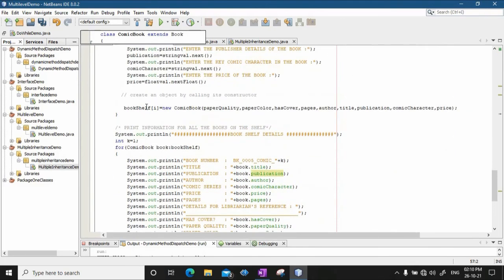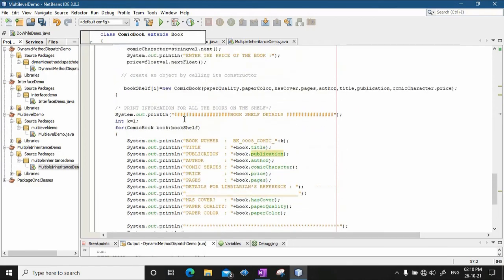Okay, for your information, in this iteration I is 0, bookshelf of 0 was a reference name to that first object that is created of type comic book, and all those attributes are assigned to the object of type comic book which is referenced by bookshelf of 0. So this is how all these attributes are stored.